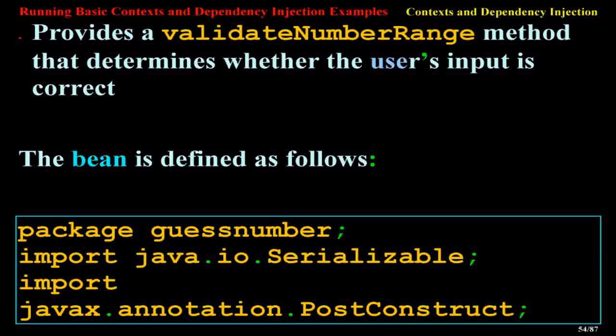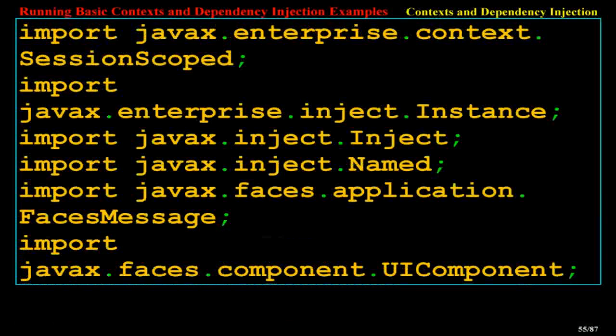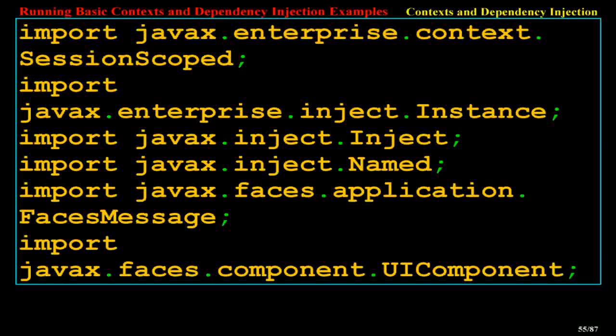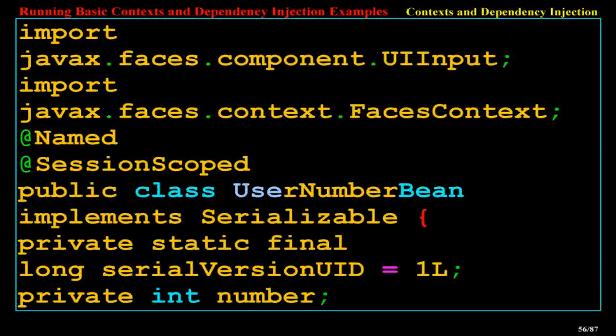package guessnumber; import java.io.Serializable; import javax.annotation.PostConstruct; import javax.enterprise.context.SessionScoped; import javax.enterprise.inject.Instance; import javax.inject.Inject; import javax.inject.Named; import javax.faces.application.FacesMessage; import javax.faces.component.UIComponent; import javax.faces.component.UIInput; import javax.faces.context.FacesContext;